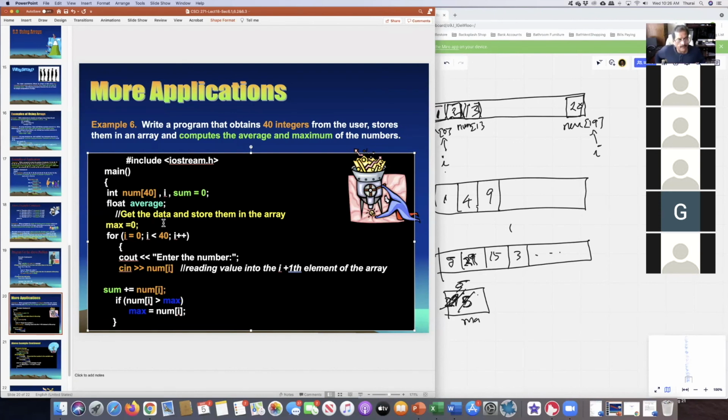Then if any number is bigger than 0, that'll be copied into max. Okay, so if you know all the numbers that you're getting are greater than 0, then max equal to 0 can work. In the last project, 4.5.1, you were allowed to do that to simplify matters, but let me explain why that